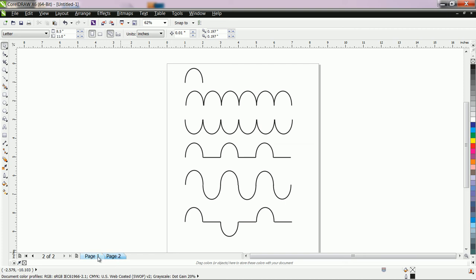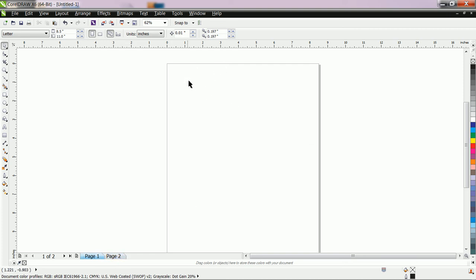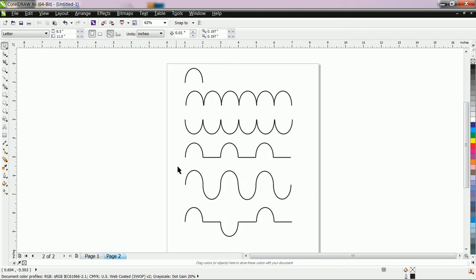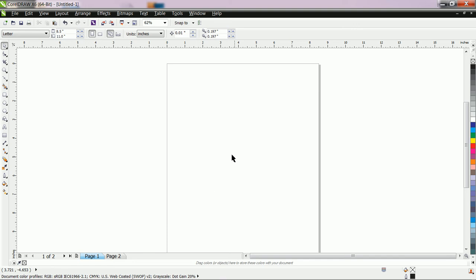For that purpose, we have to use guideline. You can directly take guideline, and if you want to create curves of the same size, because these are single lines, and then a single line is converted to curve, let us see how to do it. If you want to create a curve of the same size, then you have to do one thing.